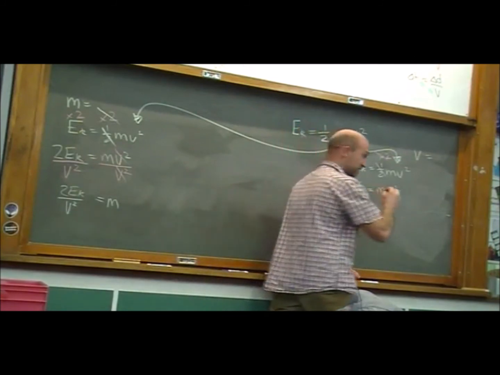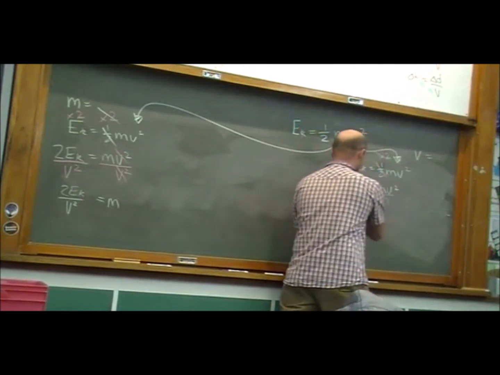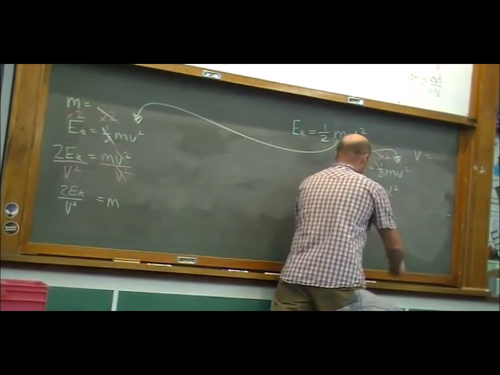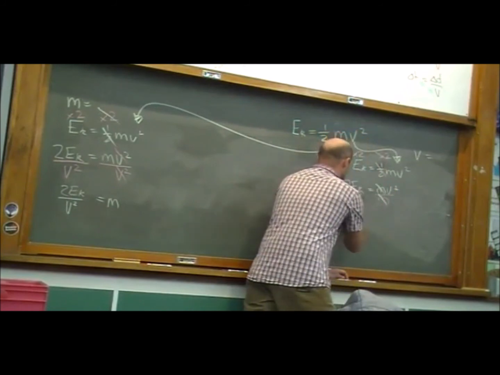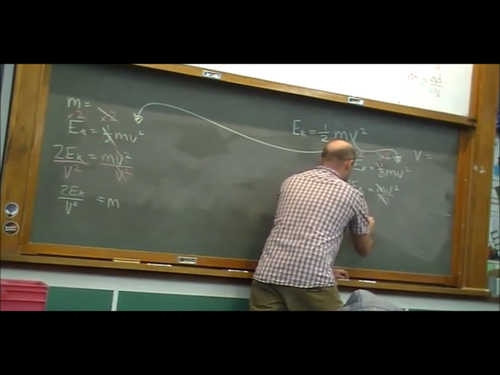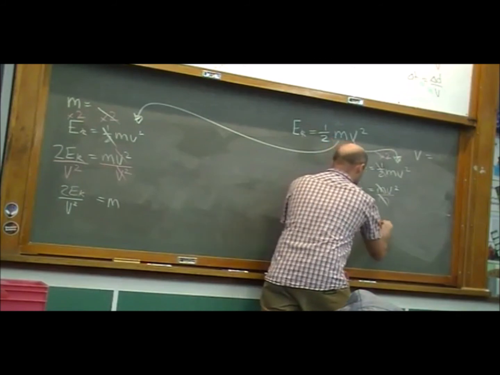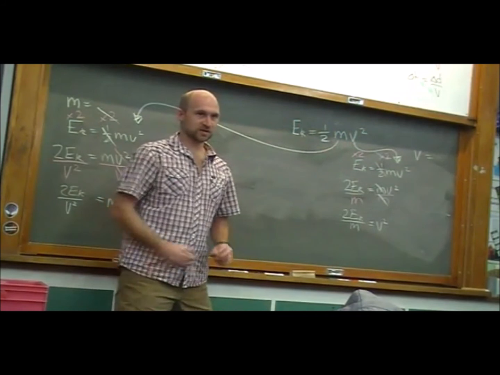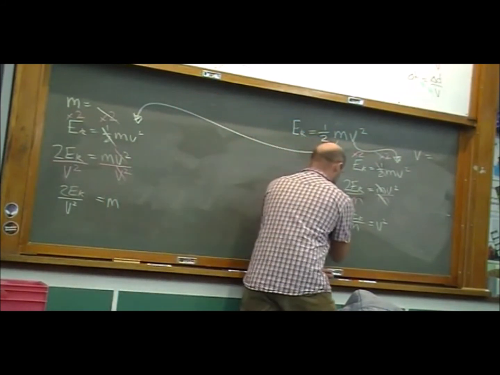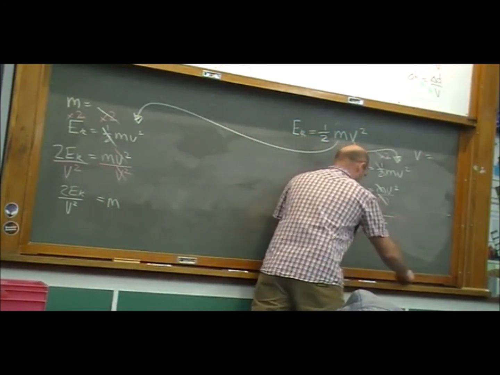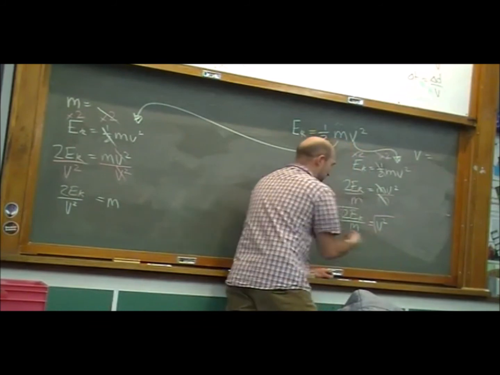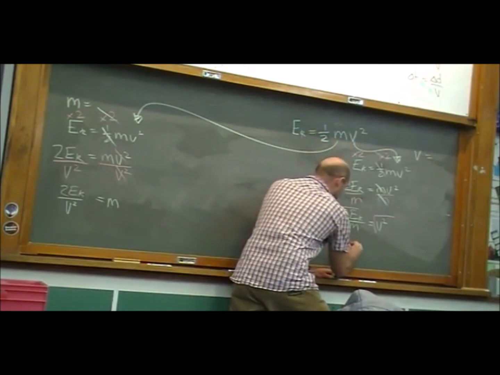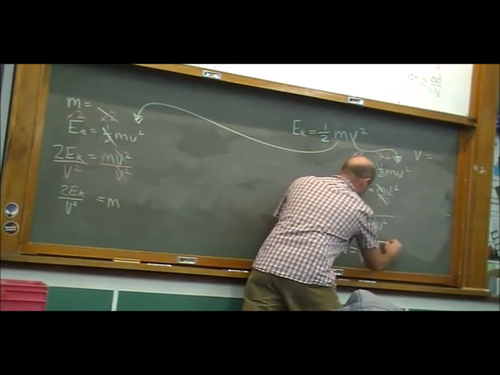Divide by m. So we've got 2 EK over m is equal to v squared, and then you square root both sides, and I'll rewrite it the other way around, that v is equal to the square root of 2